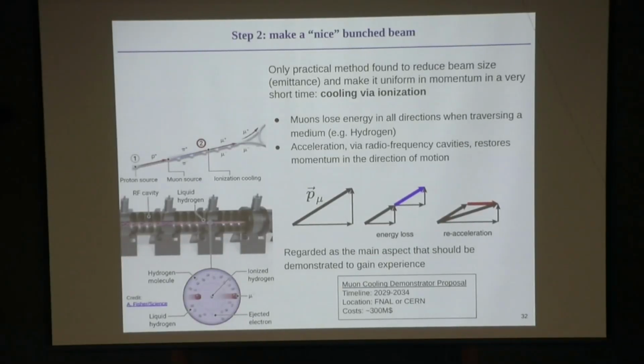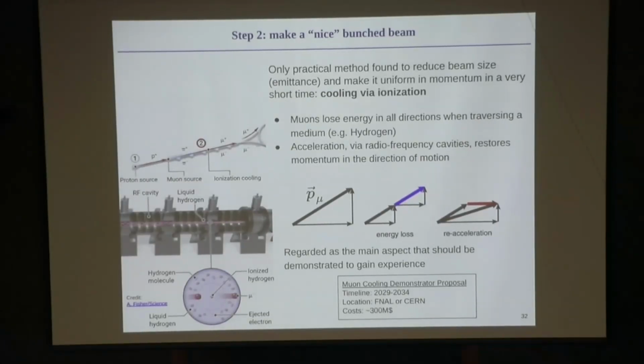And so the best way we found so far is a very different way, in which we pass the muon through some absorber, usually a light absorber like hydrogen, that reduces the original muon momentum, and then we accelerate along the line we are interested in, restoring part of the momentum longitudinally. And so this essentially transforms each muon momentum from something like that to something a little bit closer like that. And we repeat many, many times to essentially make it monochromatic and focused.